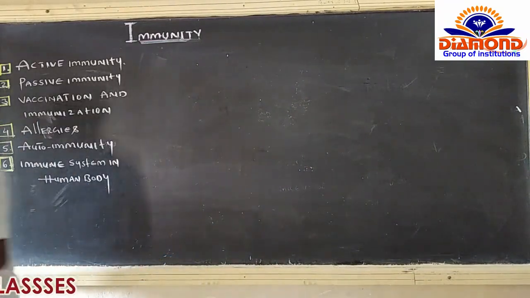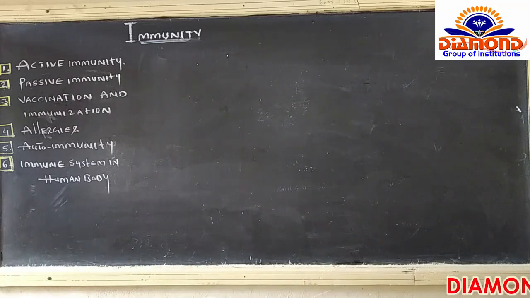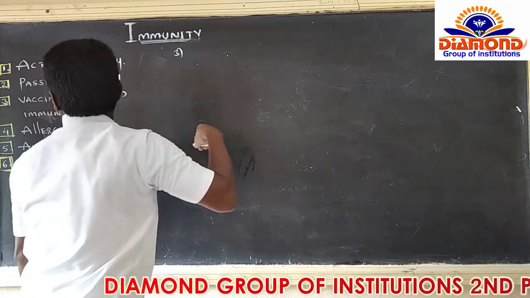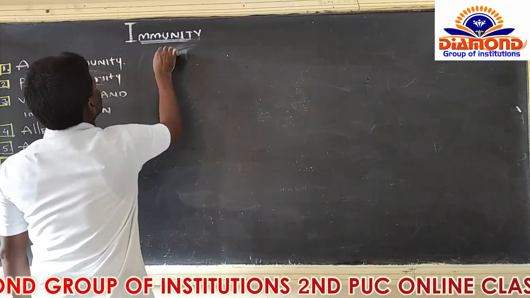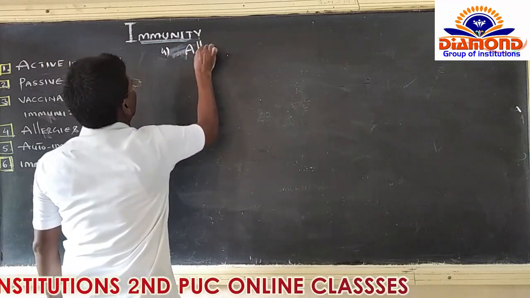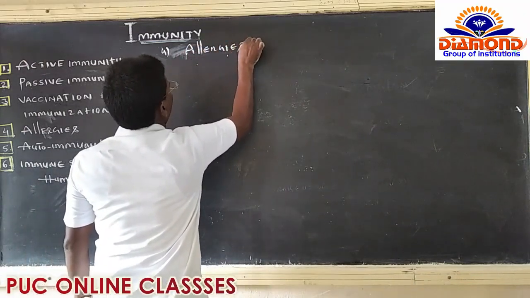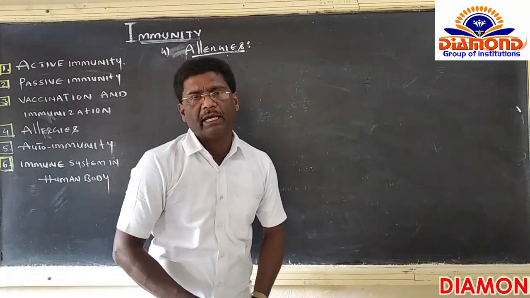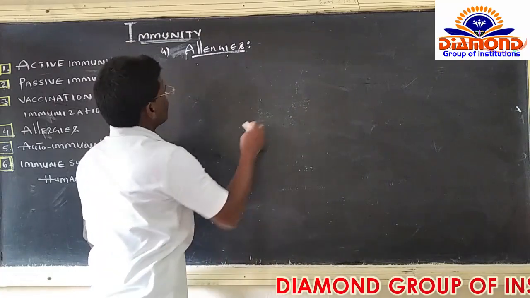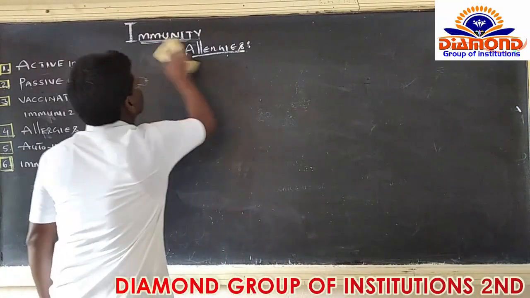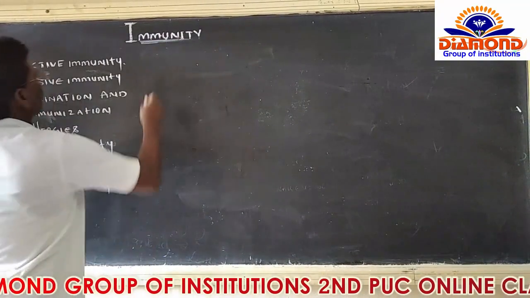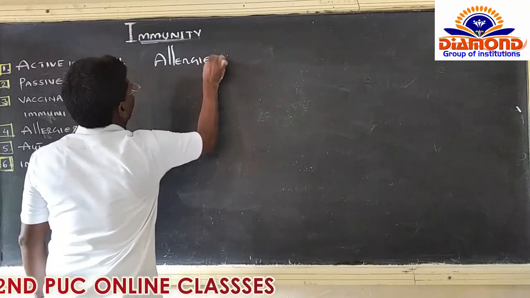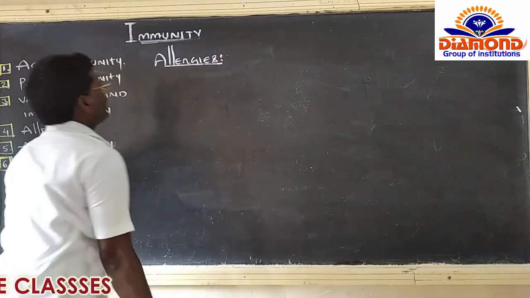Next one, have a look here. After vaccination, the fourth one is allergies. What is meant by allergy? What is the specific definition for allergy? The definition for allergy is